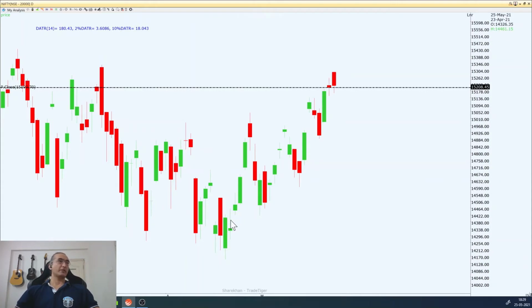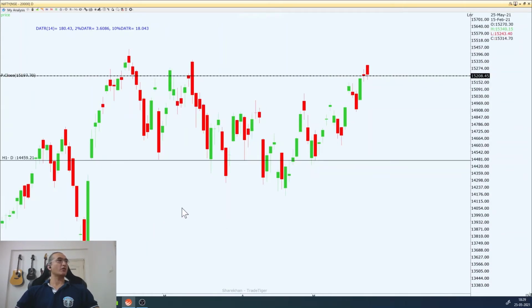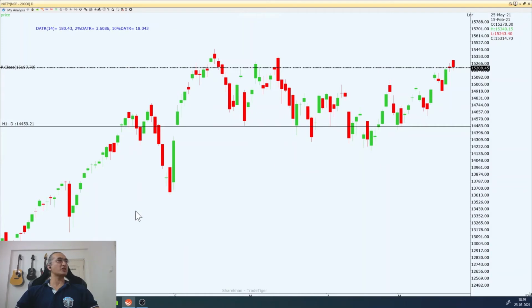For example, here. Now, if we draw a line here, you will see that the next time the price comes there, it will jump up again. So it forms a sort of a level. If you go back a little bit and look at other instances, you will find such instances there. Right? This is a basing